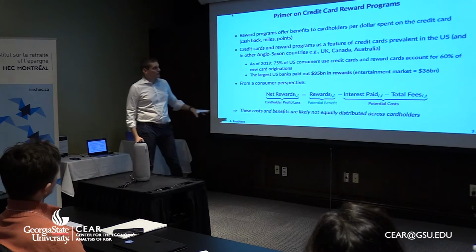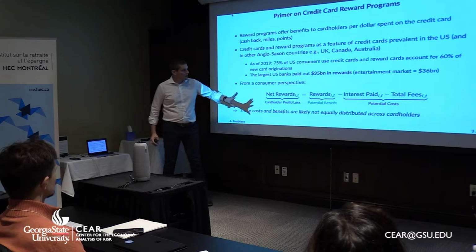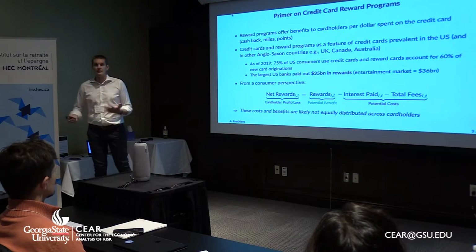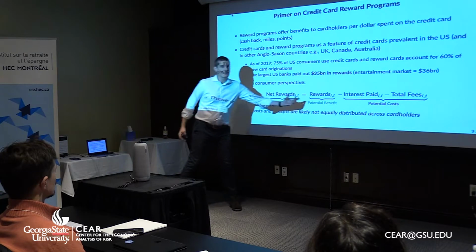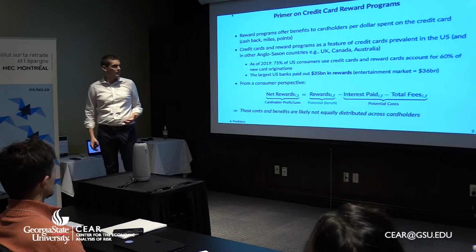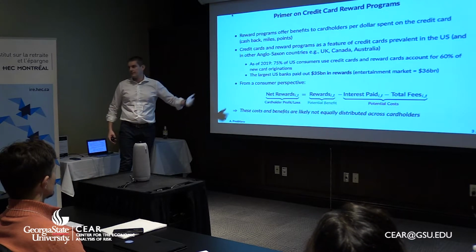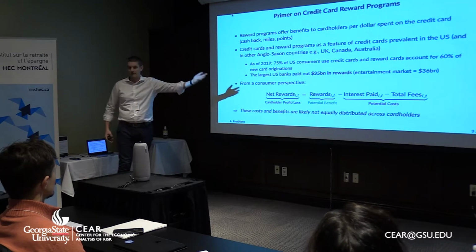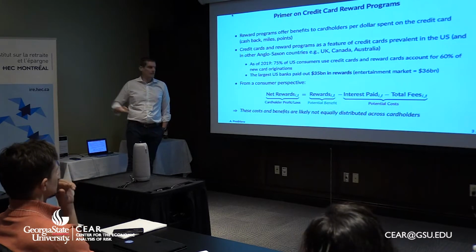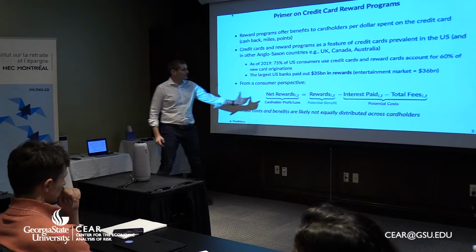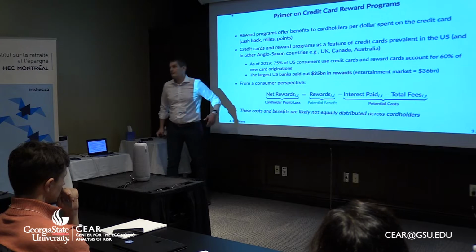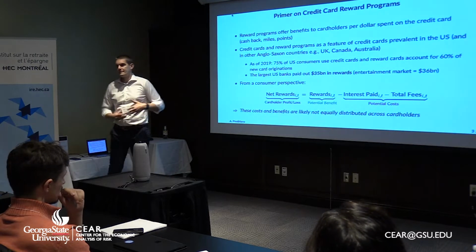From a consumer perspective, which is basically what we analyze here, we care about net rewards. So how much money you get on net using reward credit cards. You have the rewards, which are the cashback, the points, and the miles, minus how much you pay using a reward credit card, which is interest paid and total fees. Interest is paid if you carry over a balance or you are a revolver, and total fees cover all the possible fees that you pay on the cards. We are interested in these net rewards, and in how this variable is distributed across the possible set of consumers.